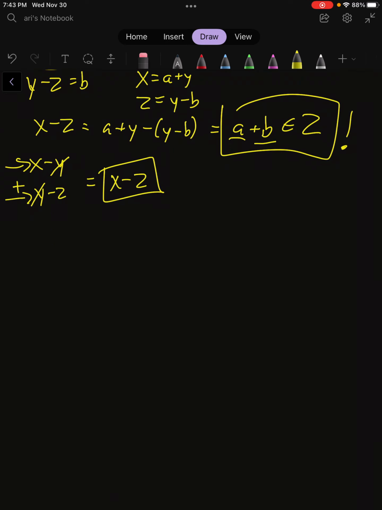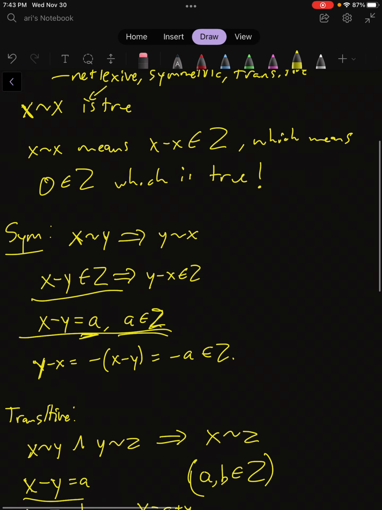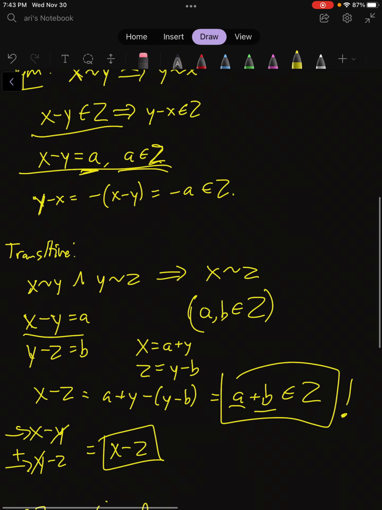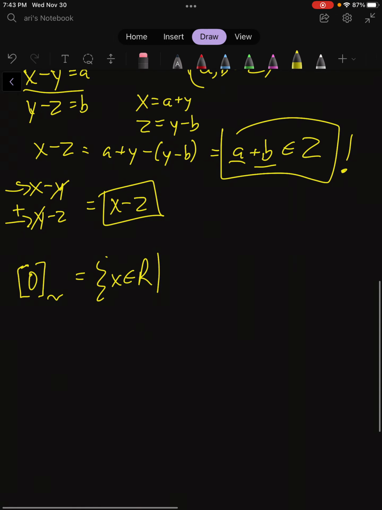Okay, I think this is really simple. So basically, it wants the equivalence class of 0. So that is all the, I think we use curly brackets for this. It's all the x in R, because we know that x and y are contained in R. We have that over here. So we want to start with all the x in R given that x tilde 0. Yeah, that's basically what we want. And